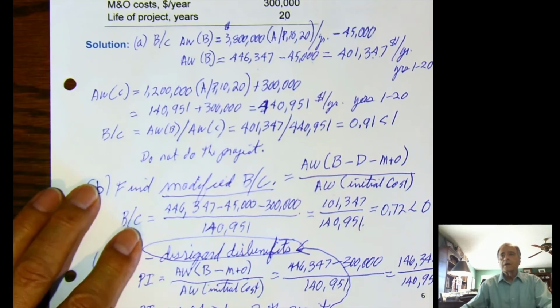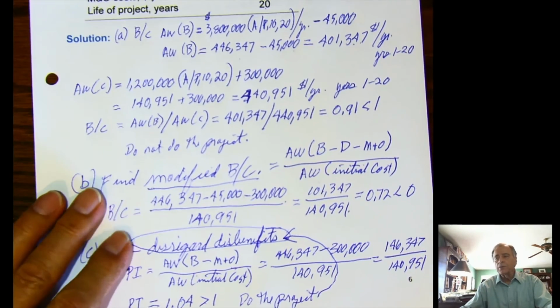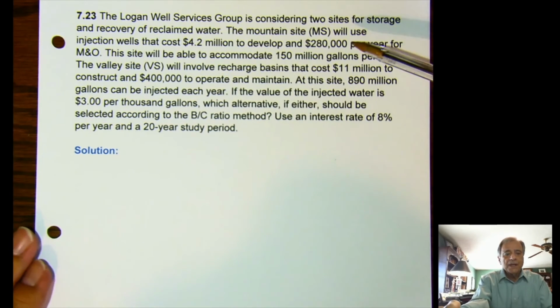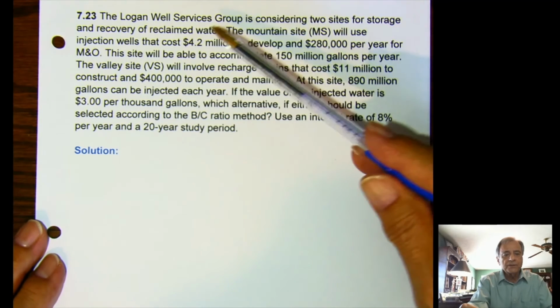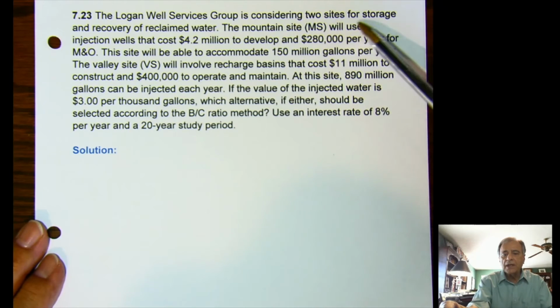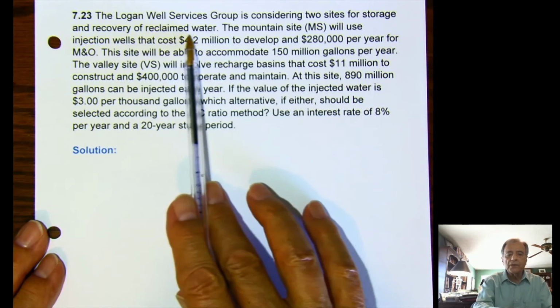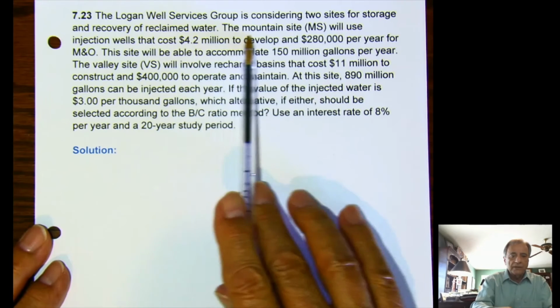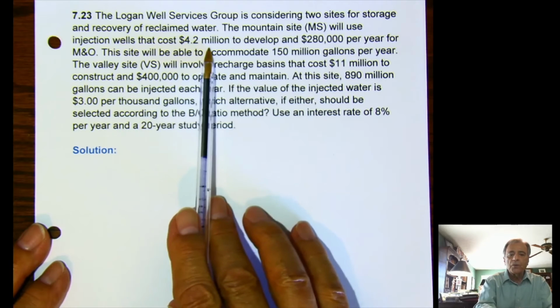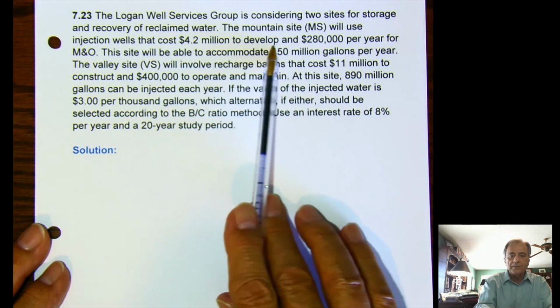So from this point, I'm going to go on to one more homework problem. This is problem number 23 in chapter 7, of course. And the problem reads as follows. The Logan Well Services Group is considering 2 sites for storage and recovery of reclaimed water. The Mountain site will use injection wells that cost $4.2 million to develop and